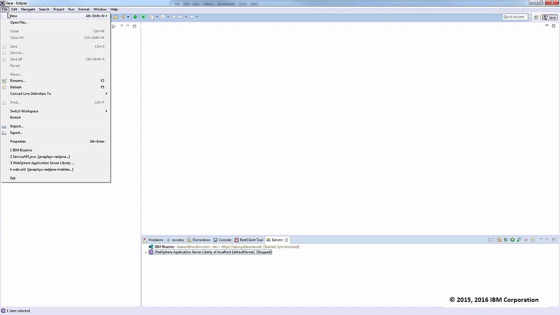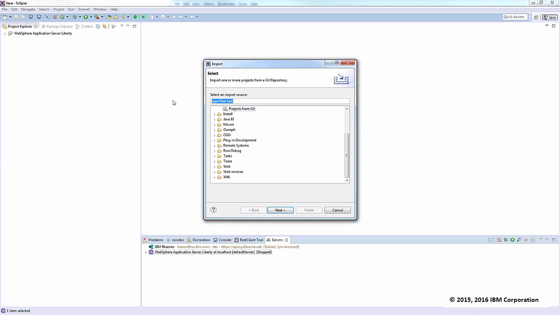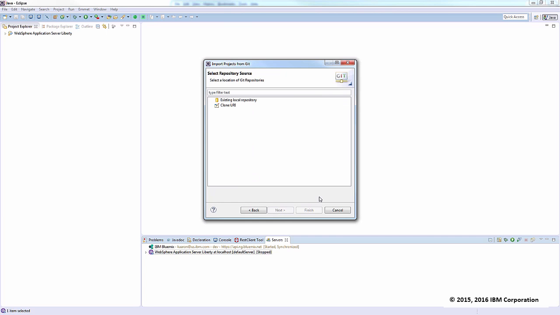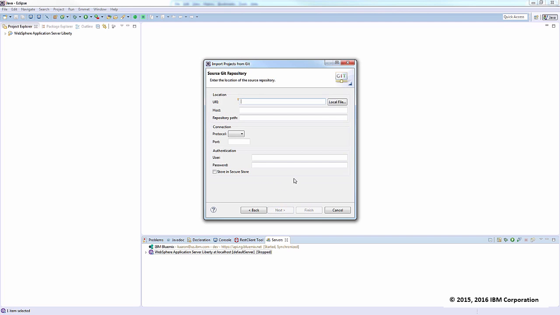let's choose File, Import. You're going to look for Git, and in Git you're going to see Projects from Git. Click Next. Now we're going to clone a URI because this project's already out on GitHub. So select clone URI and hit next. Now this is where you're going to want to put in the URI on GitHub. So this is